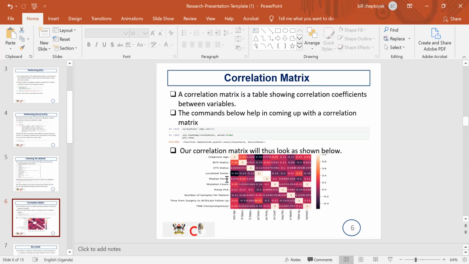Correlation matrix. A correlation matrix is a table showing correlation coefficients between variables. The command we use for this is correlation equals data.corr() to create the correlation. Then we call the sns.heatmap command and we set annot to true so that it gives the values on each box, the ones you see in the boxes, and we will be able to determine the